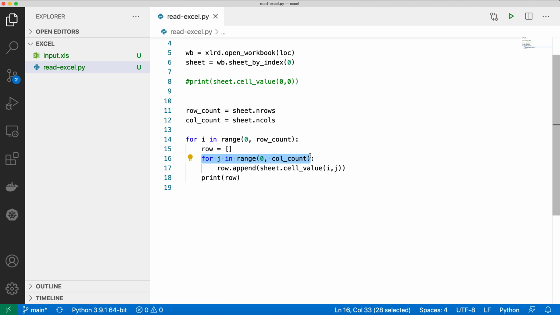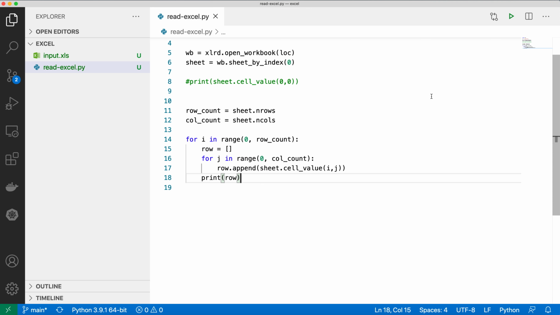It's a standard O(n squared) loop where I have to traverse rows and columns. Then I am fetching the value from each cell, cell_value(i, j), adding it to a list, and then printing the list. So all the rows will be printed using this for loop.